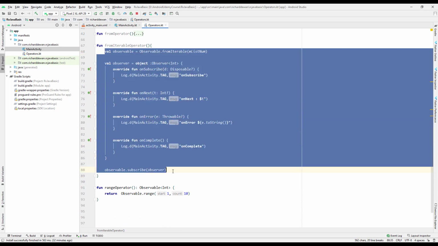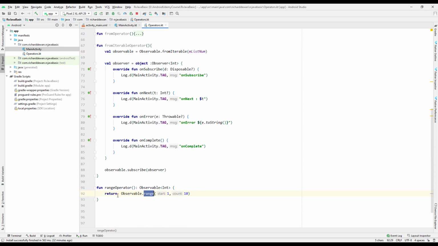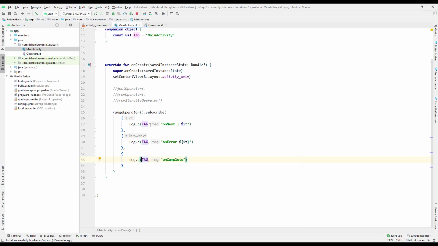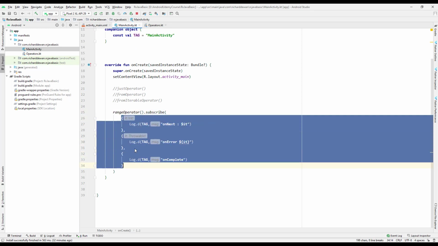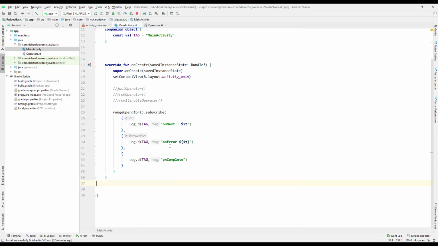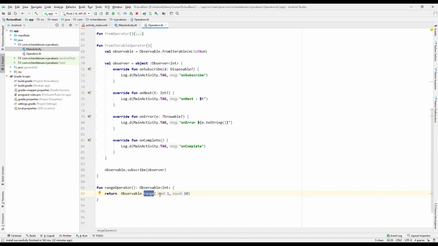So we have implemented everything over here, and we just return our observable, and we subscribe to it, and when we subscribe to it, we have all of the functions available for us. This is a lambda shorthand we can make use of, and this makes the code much more concise and much more readable. We can do the same thing on the same function, but you can also